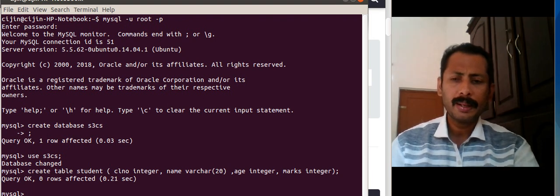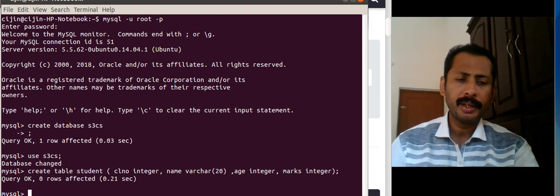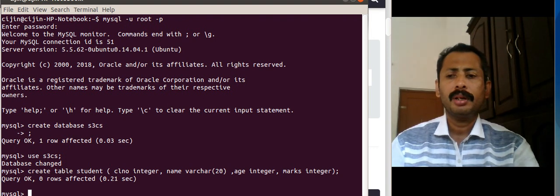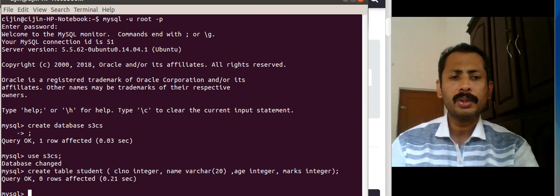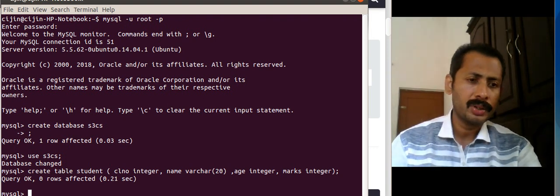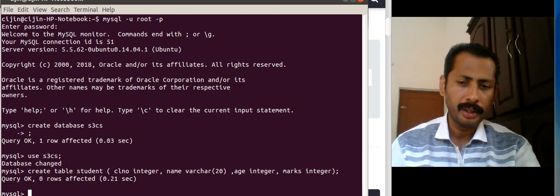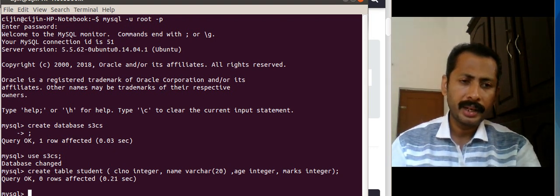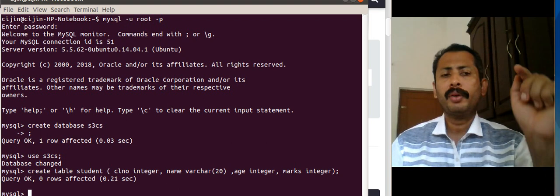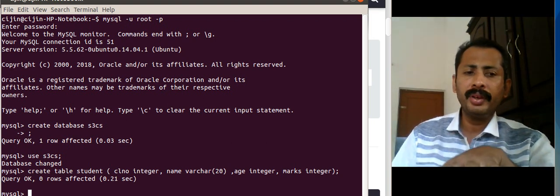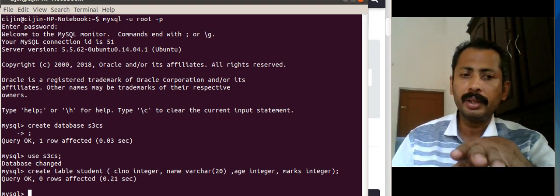It means that it supports integer type, it supports varchar type, and the query is also okay. The syntax of the query is also okay. So create table name. In brackets we have to give the different fields along with types.